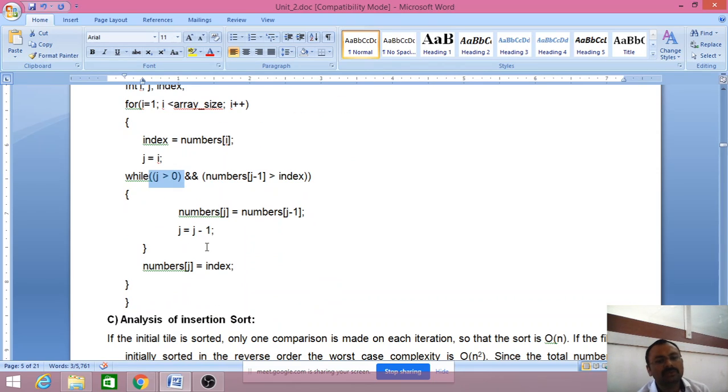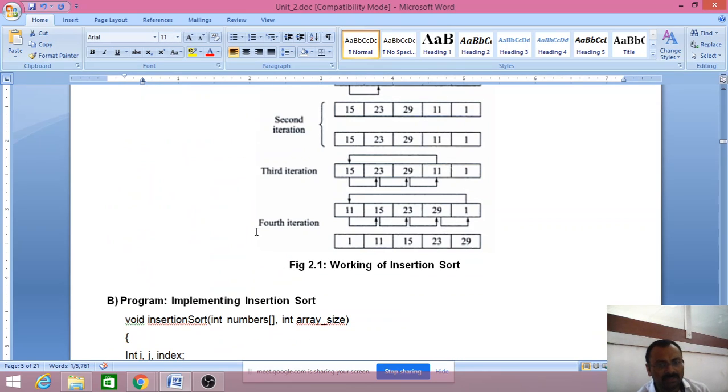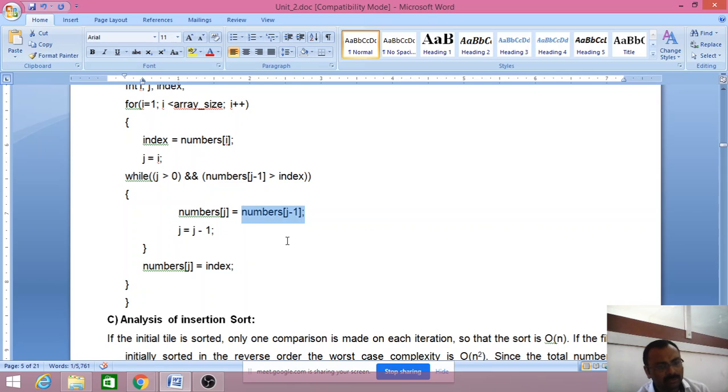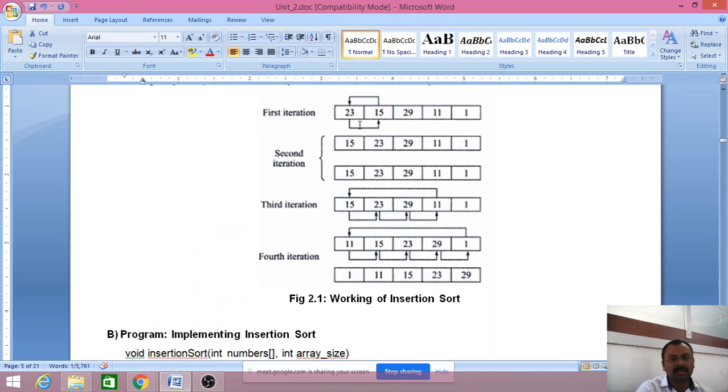Then numbers[j] = numbers[j - 1], which means the value of numbers[j - 1], which is 23, is stored into numbers[j]. To swap, numbers[j - 1], where j minus 1 is 0, is set equal to index, whose value is 15. So 15 is stored into that position. That means 23 and 15 are swapped.